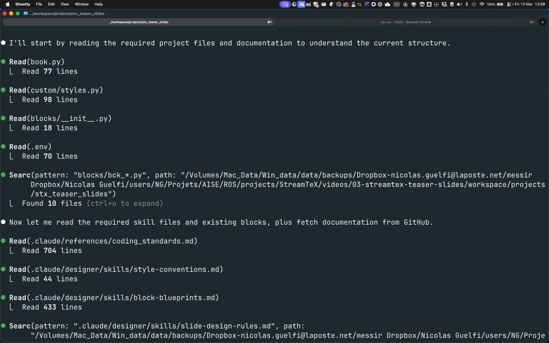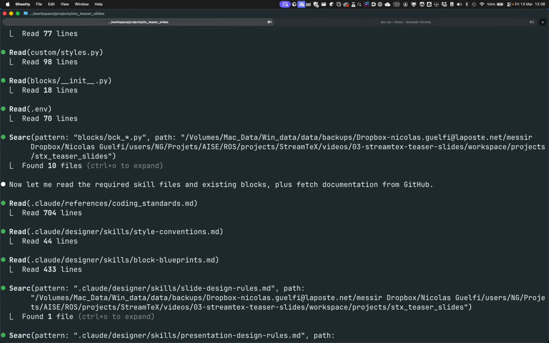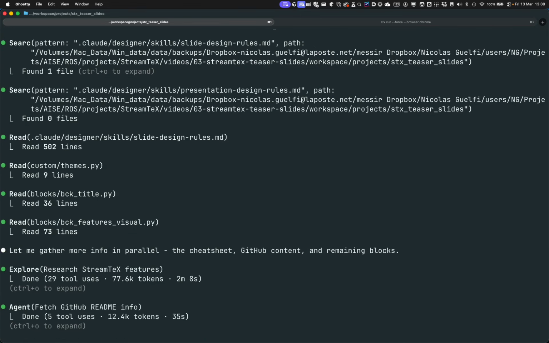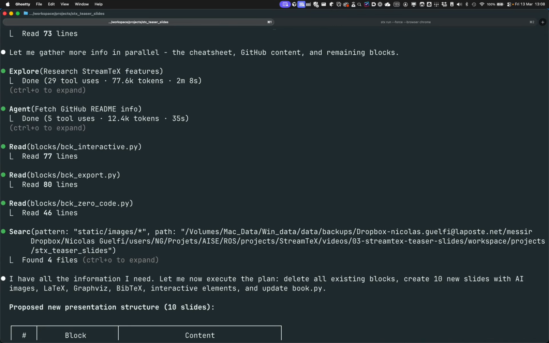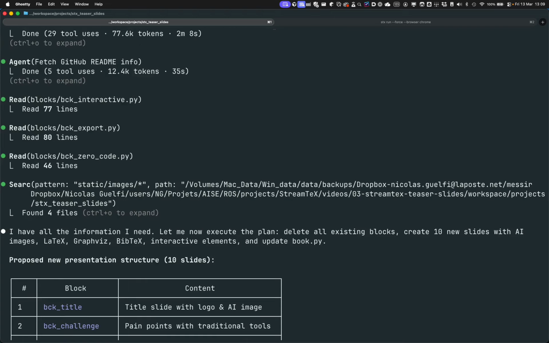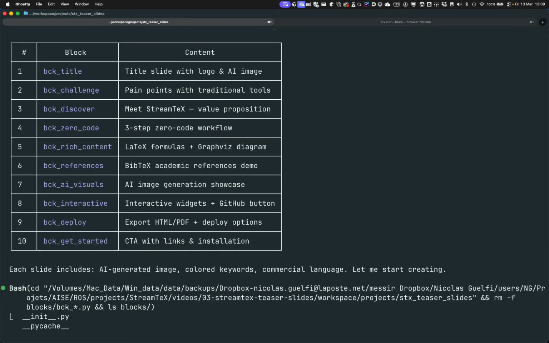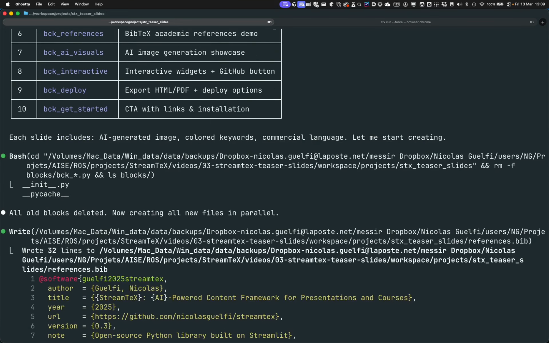Right, so there it goes. It's starting to read the information. So presumably, if you use Claude, you're somewhat familiar with this. So we let it work. It's gathering various bits of info from the cheat sheet, GitHub, existing blocks, and then it suggests a 10-slide presentation structure. The title, Why StreamTeX, with the challenge, introducing it to you, showing you the zero code aspect, and so on. So that's fine by me, but it's not asking me for anything specific right now, so it's just carrying